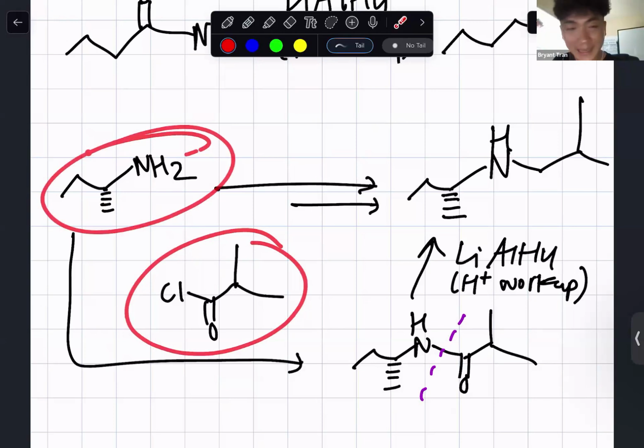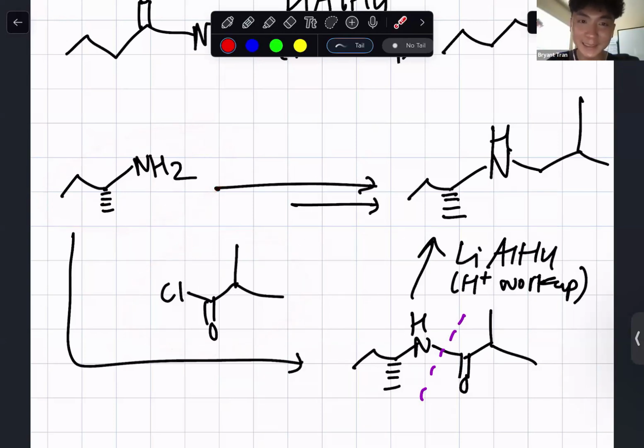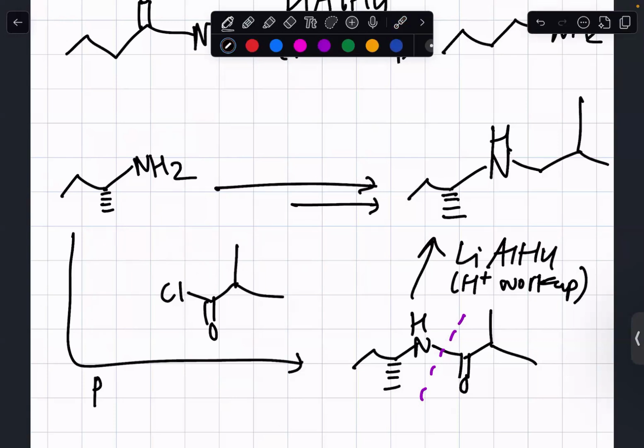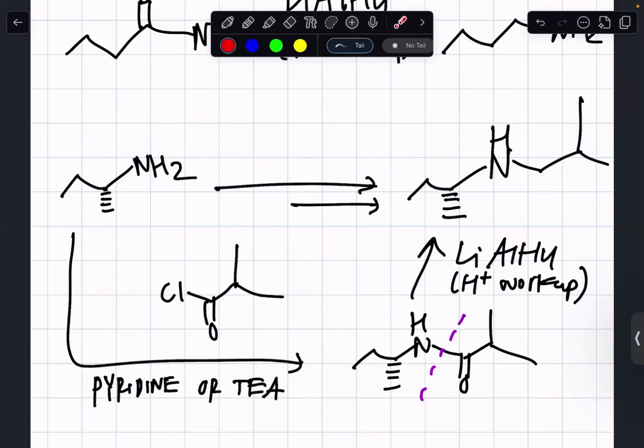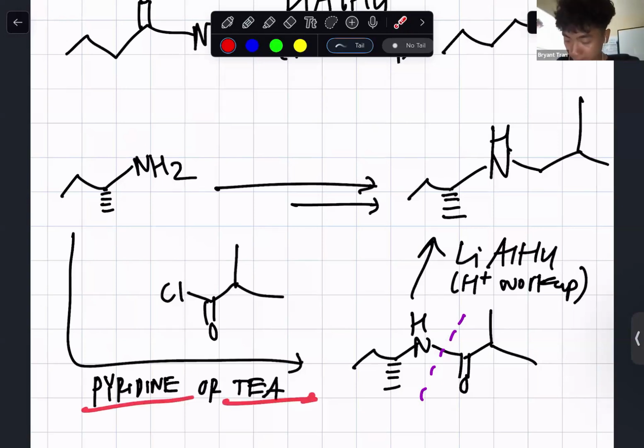And you usually see that as the reagent. This is kind of reversed now, so it could get tricky like that, right? But you're going to need some kind of base like pyridine or TEA with this to make an amide, right? Okay. And the reason why is because in the mechanism, the intermediate would be positively charged, and we need some kind of strong base to deprotonate that positive charge,